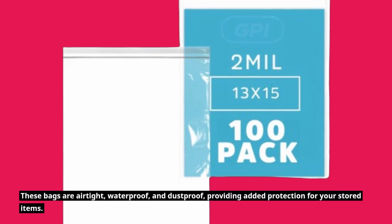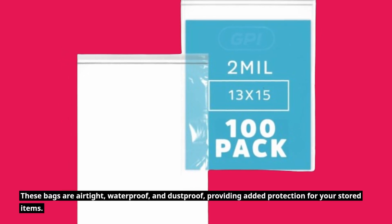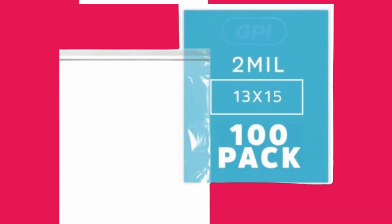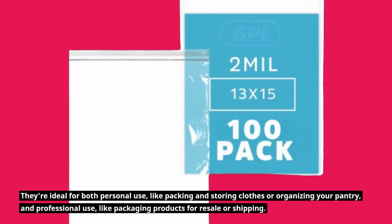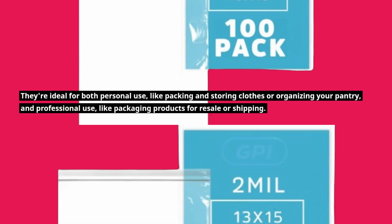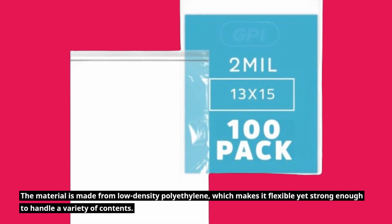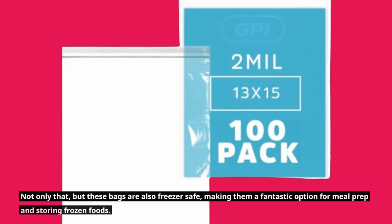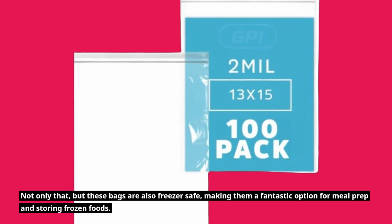These bags are airtight, waterproof, and dustproof, providing added protection for your stored items. One of the standout features of these bags is their versatility. They're ideal for both personal use, like packing and storing clothes or organizing your pantry, and professional use, like packaging products for resale or shipping. The material is made from low-density polyethylene, which makes it flexible yet strong enough to handle a variety of contents. Not only that, but these bags are also freezer-safe, making them a fantastic option for meal prep and storing frozen